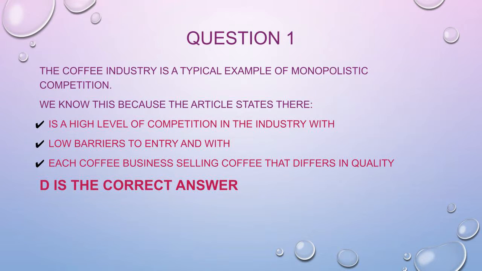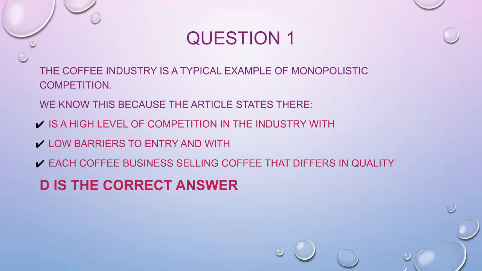Question 1 asks us to find evidence in the article to support the claim that the coffee industry is a typical example of monopolistic competition. Now, the article does overtly state that there is a high level of competition in the industry and low barriers to entry. However, the third piece of evidence we need is not overtly stated, but the clue is in the